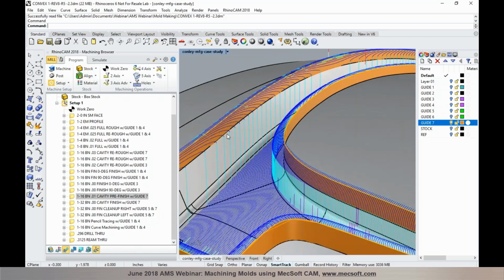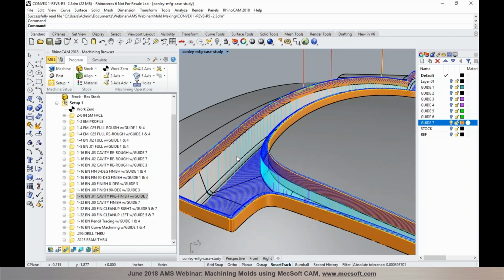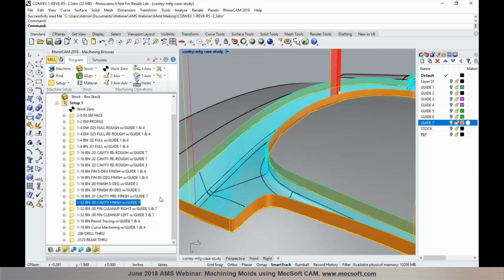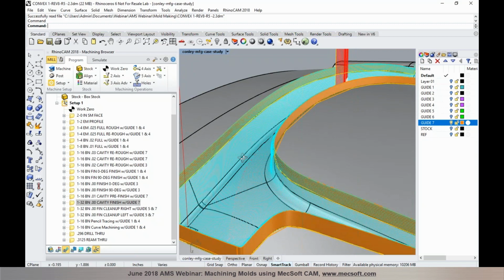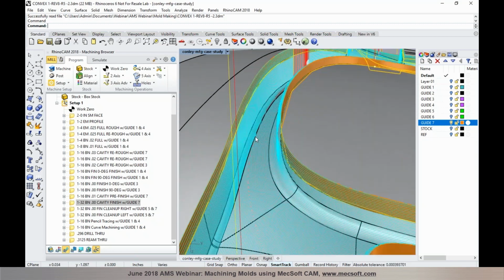And again, we're using the surface extensions in here to go back and clean these up with a pre-finishing operation. Now once the pre-finishing operation has been completed, we would then go back and run a finishing operation in here, and you could use different techniques. And one of the techniques I would like to point out here is the use of a 3D offset pocketing